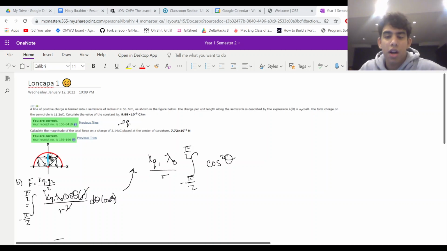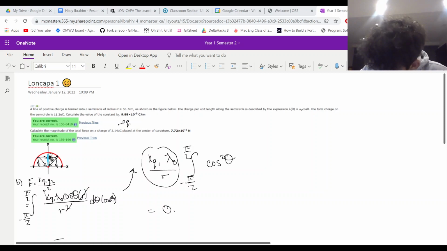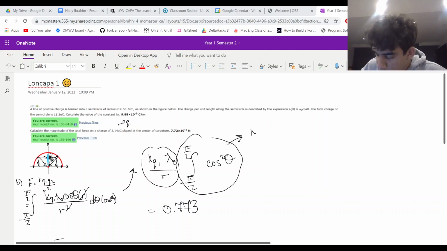We can use our cos squared properties, and I'll skip all those steps, and we end up plugging all of our numbers in here. We take the integral of that, and I end up with 773. I'll also give you the quick shortcut here. All of this is just going to give you pi over 2 most likely. So yeah,